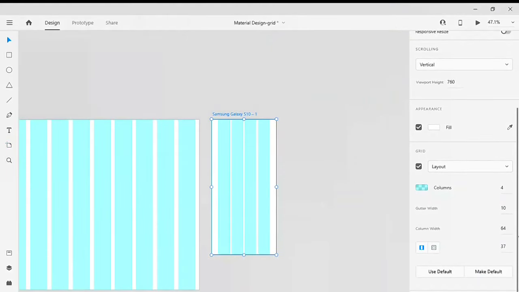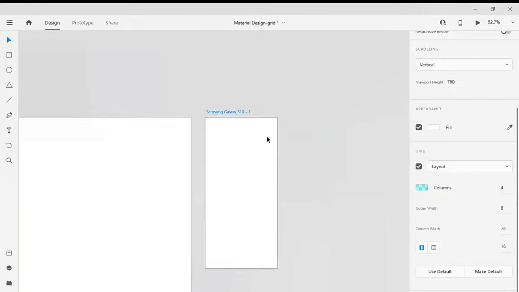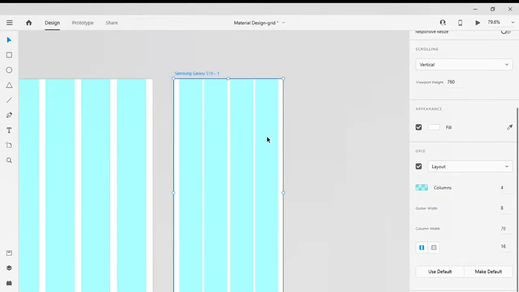Let me tell you something here. On the desktop version of the grid we have applied margins of 24, but in the mobile case we'll turn these margins into 16 and also your gutter to 8. Let me change this 18 to 16. See how well your 4 column grid is applied to mobile. And I want to tell you something, even iOS has the same outline margin, 16 on the left and 16 on the right.